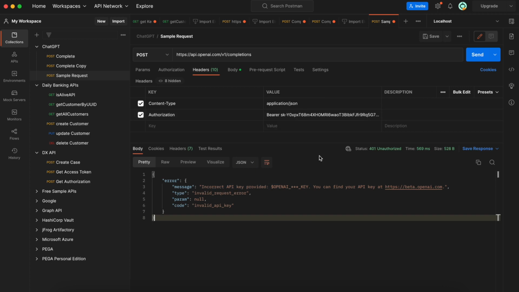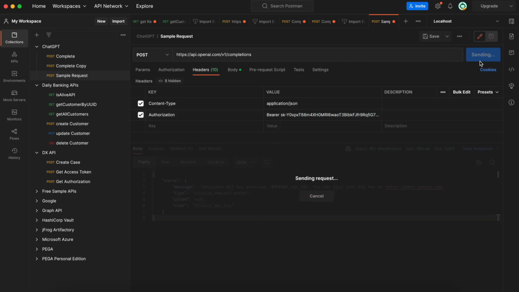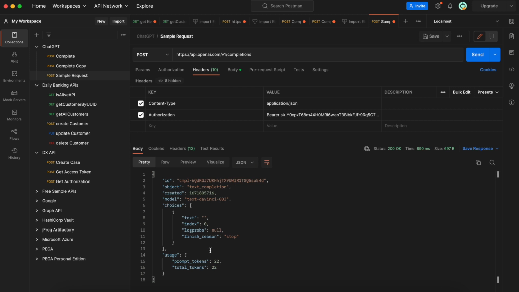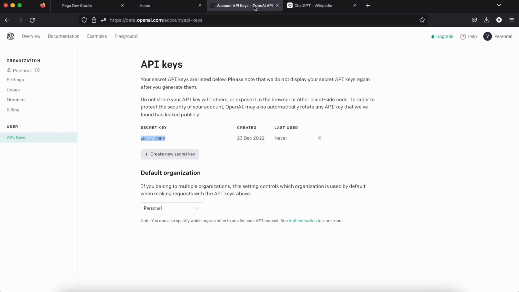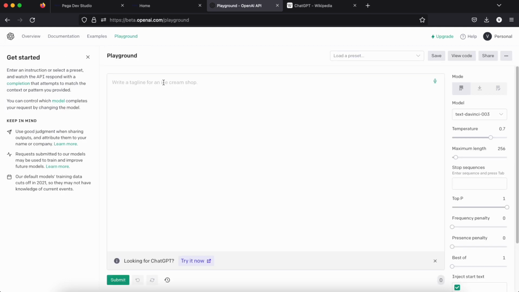And of course, for any basic authorization, you have to add the Bearer word in the prefix first. Once you give this and you click on submit, you can see that there are no answers. Why? Because you haven't asked a question, right? So what you can do is simply go back to the playground and let's say ask who is the, I don't know, Prime Minister of Nepal,